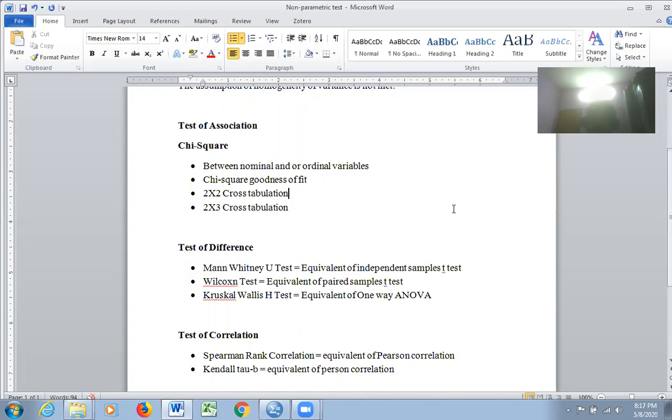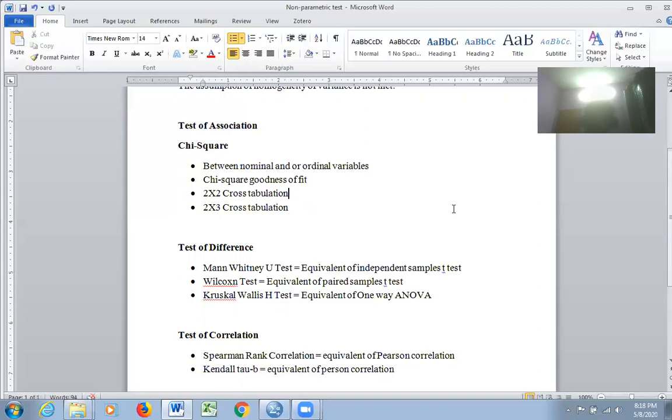In the other case, when you have one nominal variable and another ordinal variable, for example, nativity: rural, urban, semi-urban. It is nominal data. And you have ordinal data, that is ranking data, maybe something like a Likert scale, a 5-point scale, 3-point scale, or 7-point scale, something like strongly disagree to strongly agree on a 5-point scale, or very happy to very sad, maybe a 7-point scale, or aware, not aware, neutral, a 3-point scale.